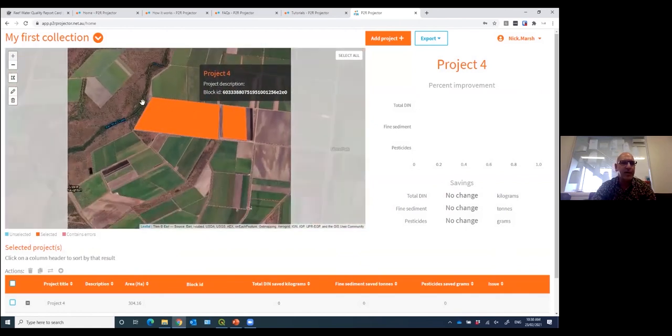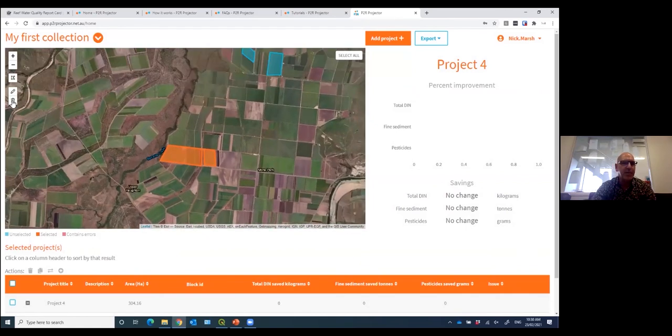And what else do we need to know about the map? Maybe the deleting. So I can delete individual blocks. Remove that one. Go back again. Okay, so that's creating collections, creating projects within collections, editing those projects, editing the surveys, moving them between collections,